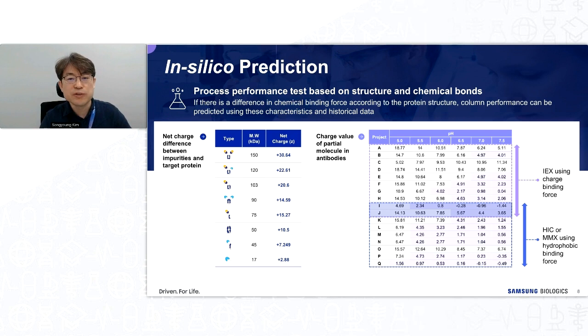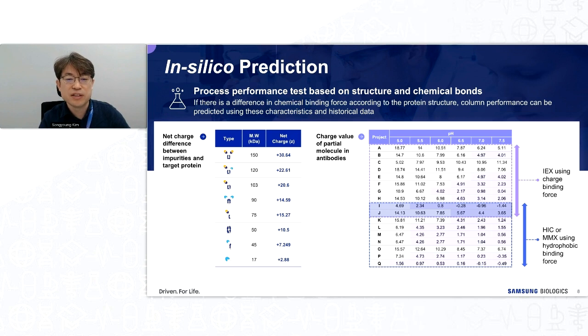Here, I would like to give you a glimpse into how we are leveraging accumulated historical data. Upon analyzing results from various projects, we have observed net charge differences in impurities versus target protein, which we can incorporate into downstream process development. On the right side of the table, we confirm the charge value of the partial molecule under different conditions, such as